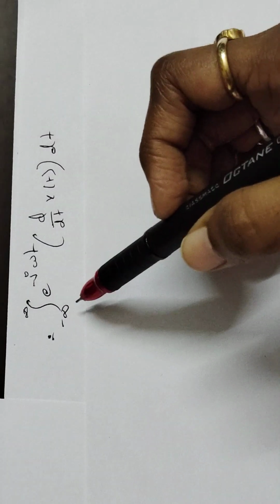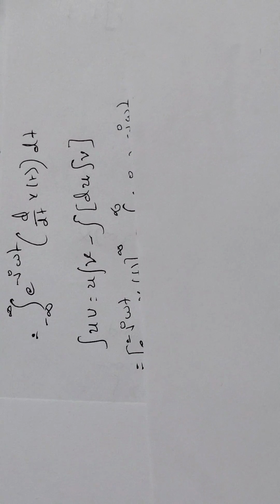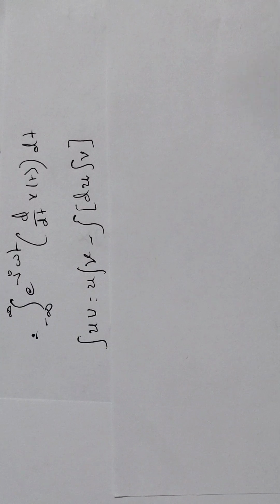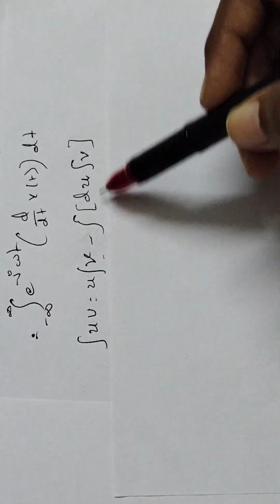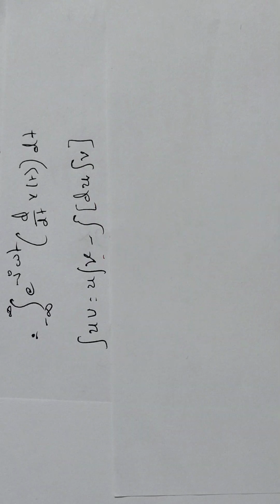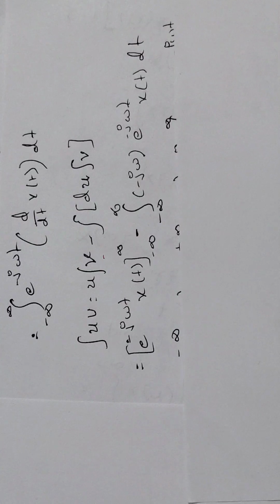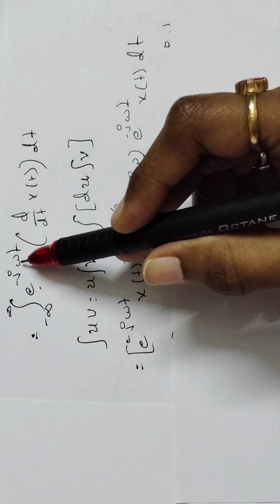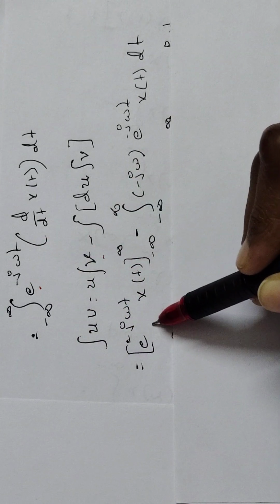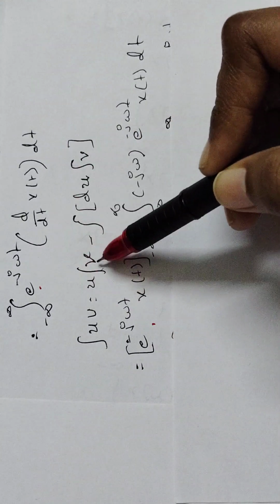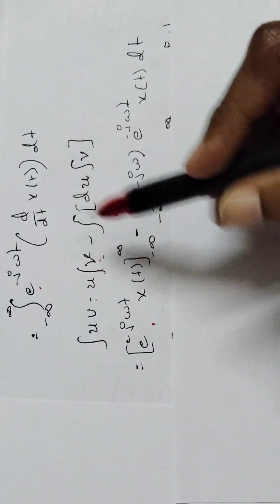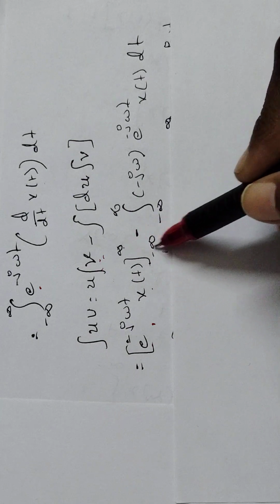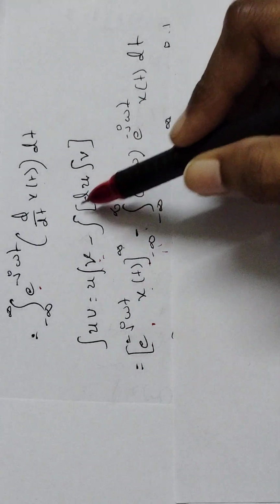Now in this differentiation, you have to rearrange it, that is e power minus j omega t into d by dt of x of t into dt. Now it is in the form of integral uv. So what is the uv formula? Integral of uv is u into integral of v minus integral of the differentiation of u and integral of v. By using this formula we have to write down the equation. First u is e power minus j omega t. Next, integral of v: differentiation and integration get cancelled, and we get only x of t with limits minus infinity to infinity,